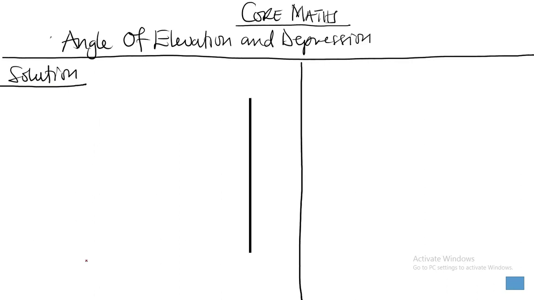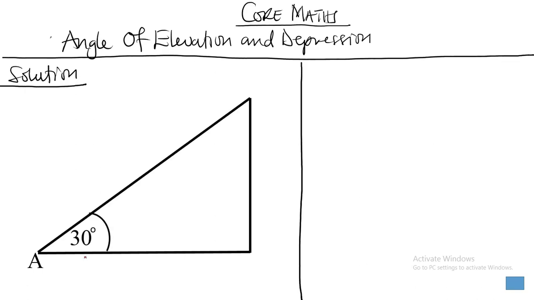Good. So we have a tower. This is our tower. And then we have a point A, which is on the same level ground as the foot of the tower. So this is it. And we're told that the angle of elevation of the top of the tower is 30 degrees. Good. So we are through with the first statement. Now, we're told that